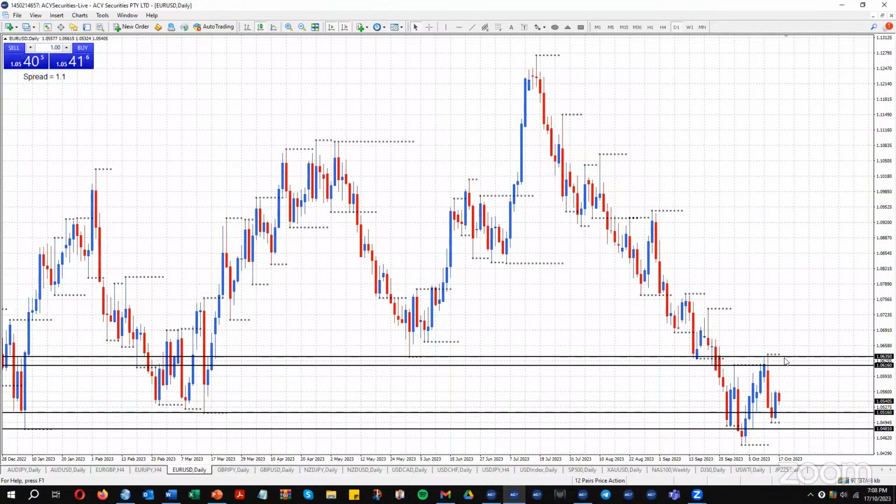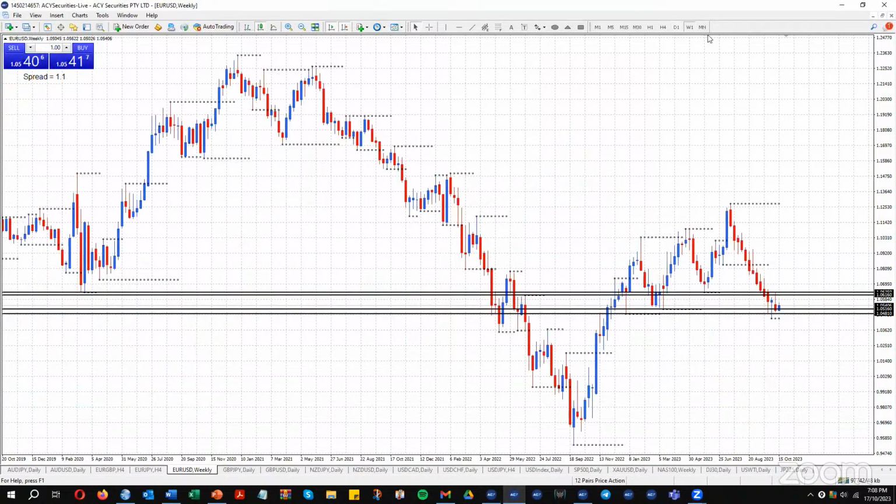Now, we're a bit in the middle of the area. If we do look at the weekly chart, we had a very nice rejection candle. It'd be nice if we could trade up inside the candle up to the higher end area of the range. Whether or not price action will offer that, we'll have to wait and see. But at the moment, if I drop to the 4-hour chart,